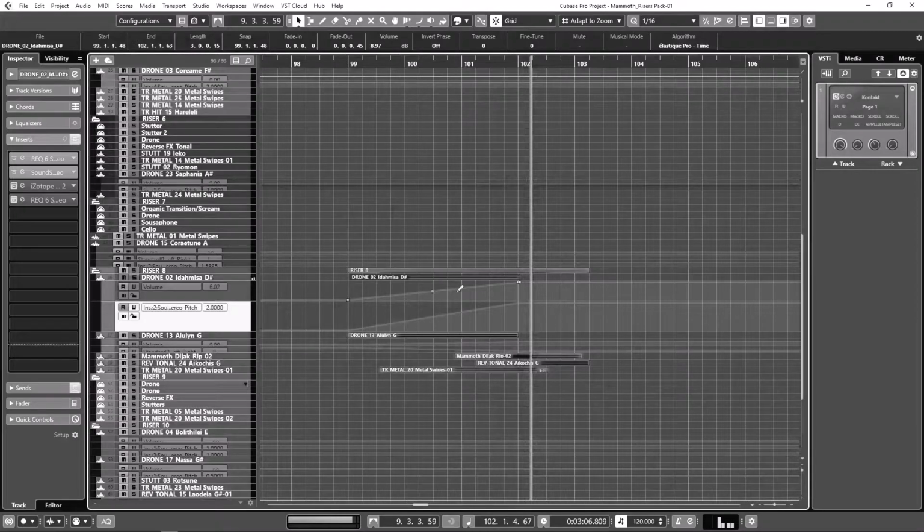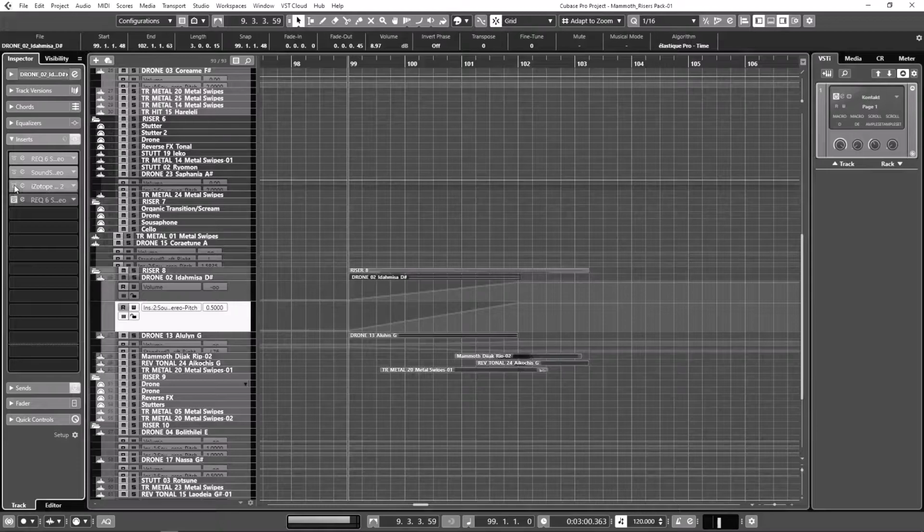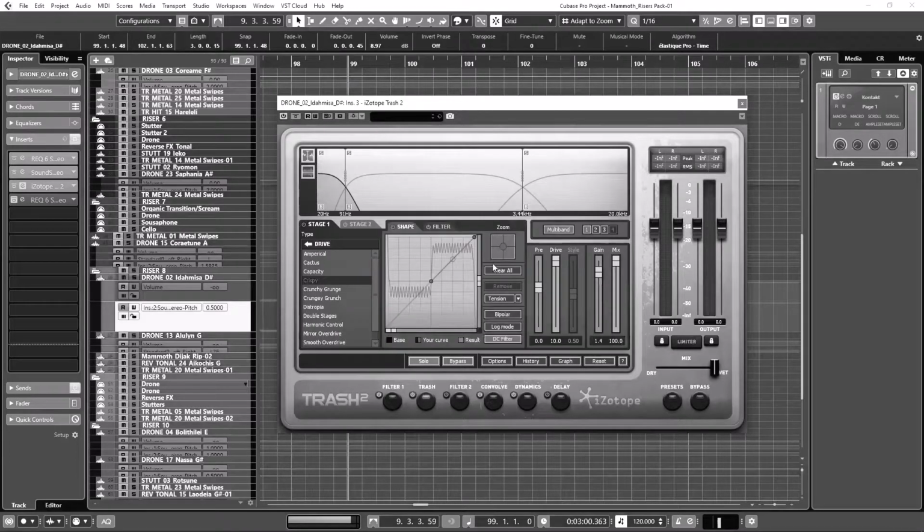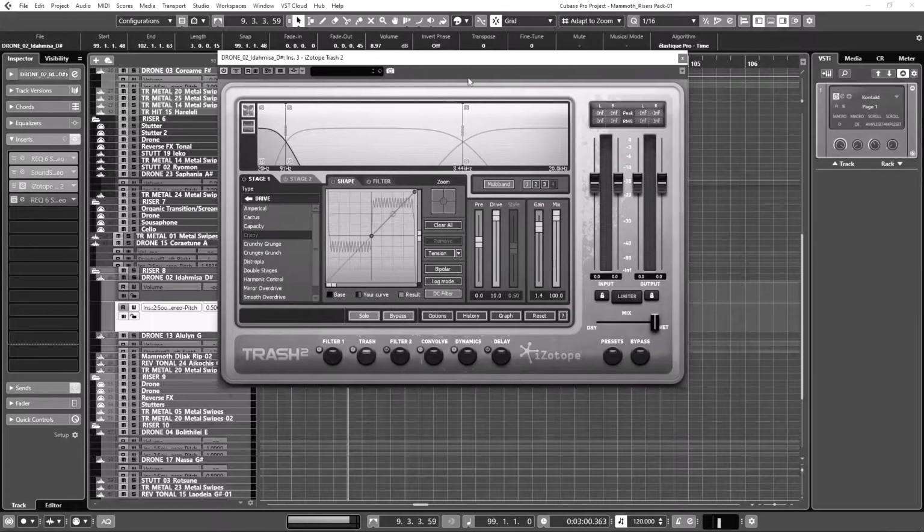Okay, so that's usually the first step in creating a riser. Then if I'm going to make something kind of intense, which is usually the risers I make, I want to add some distortion to it. One of my favorite distortion plugins to use is Trash from Isotope. Here it is. It's a great plugin. You can use all sorts of different saturating sounds, driving, distorting sounds. So this is what I've used to create some distortion